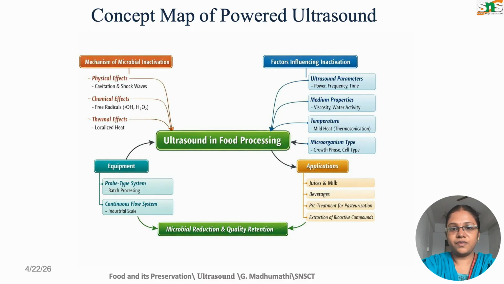This is the overall concept map of the power ultrasound, showing how it is done. The mechanism, as we already discussed, involves physical, chemical and thermal effects, and the factors that influence the inactivation of microbes are the ultrasound factors, medium properties, temperature and the type of microorganism present. For the equipment, we can use either a probe type system or a continuous flow system, through which the complete reduction or inactivation of the microbes will be achieved. Application: it is being implemented in juice and milk processing, beverage processing, for the